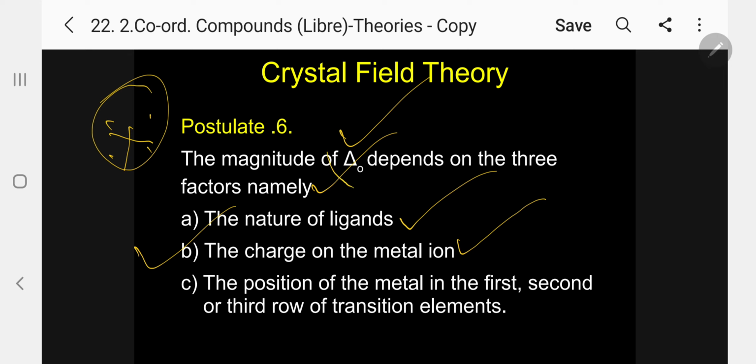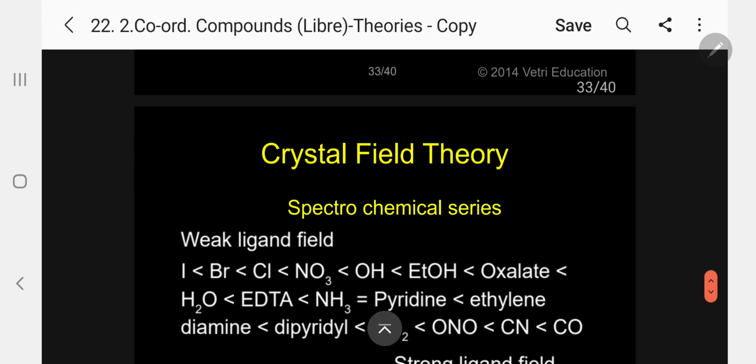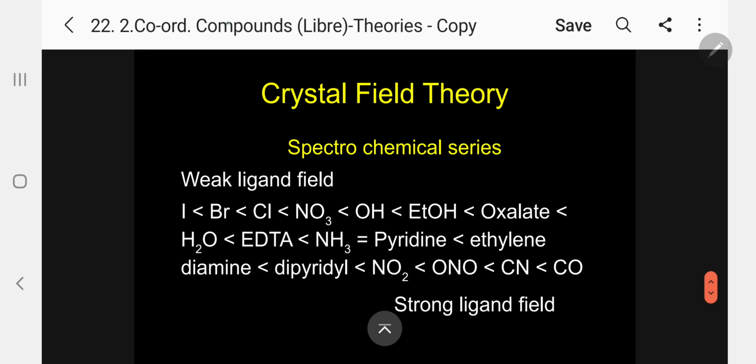The delta value depends also on the position of the metal in the first, second, and third row of the transition series. The delta value depends upon the position it occupies in the periodic table, first transition series or second or third transition series. Depending upon the position, the delta zero value varies. I will explain with an example so you have a clear idea. Before that, kindly follow. I am giving here the list of ligands